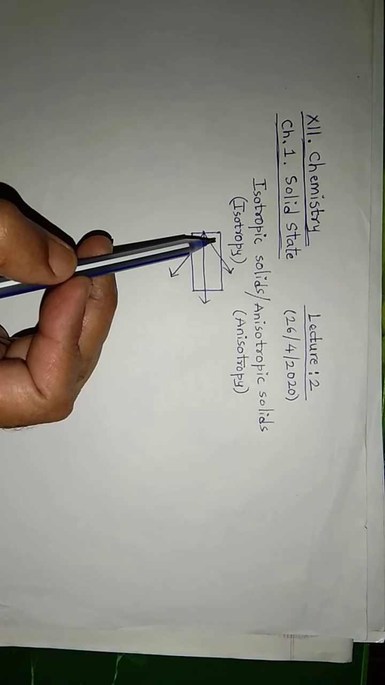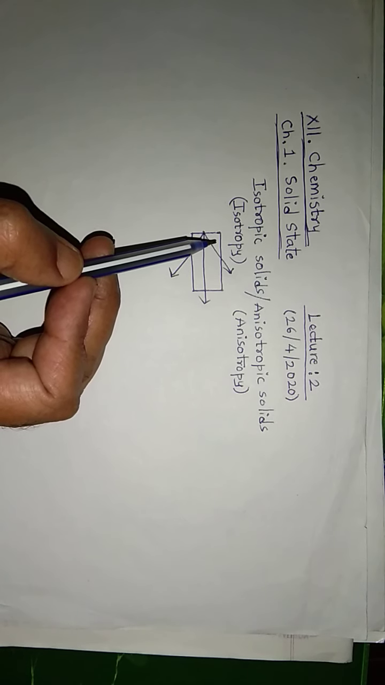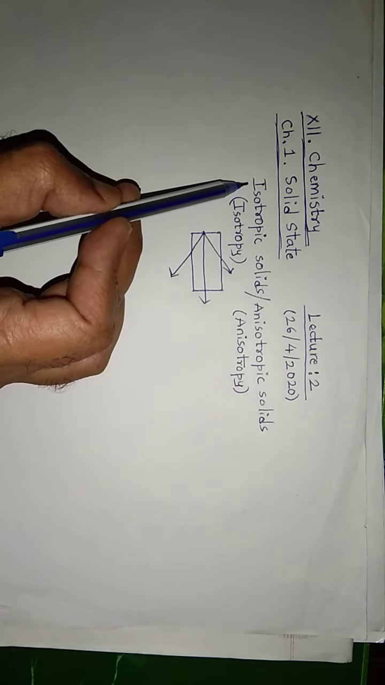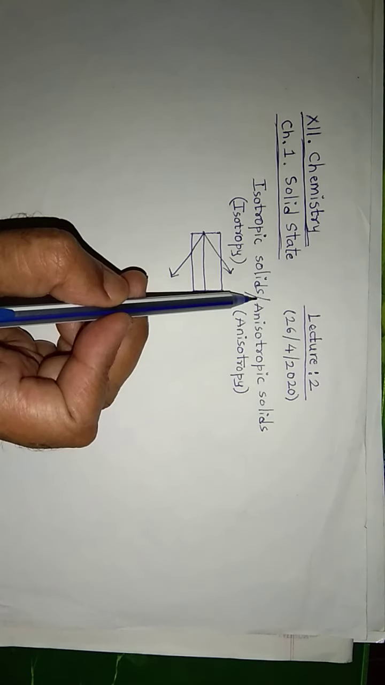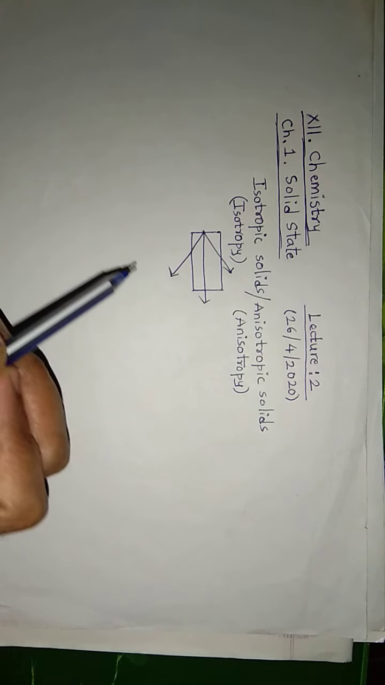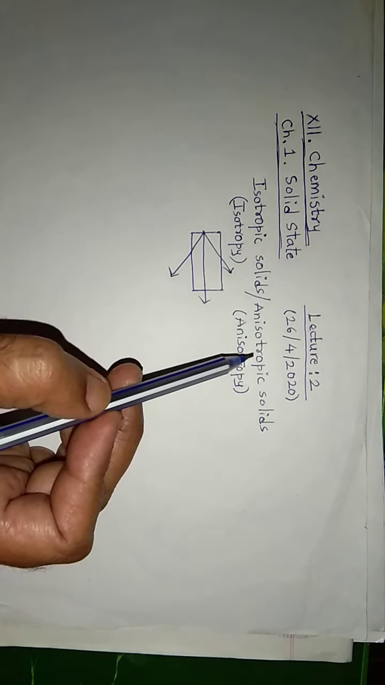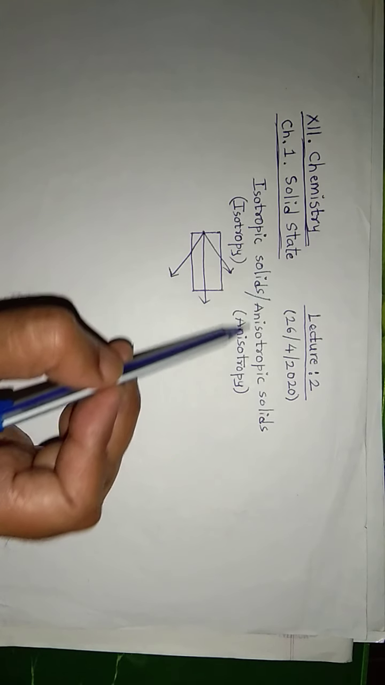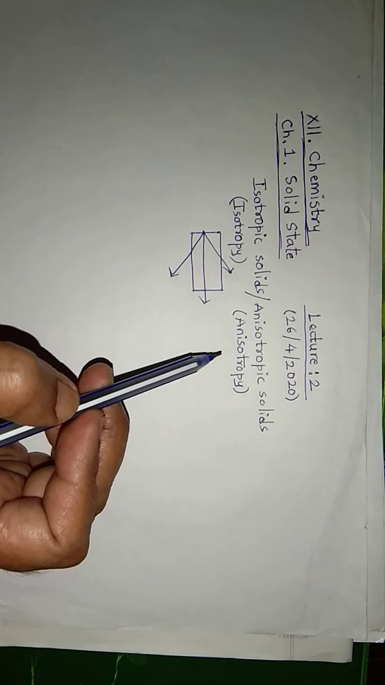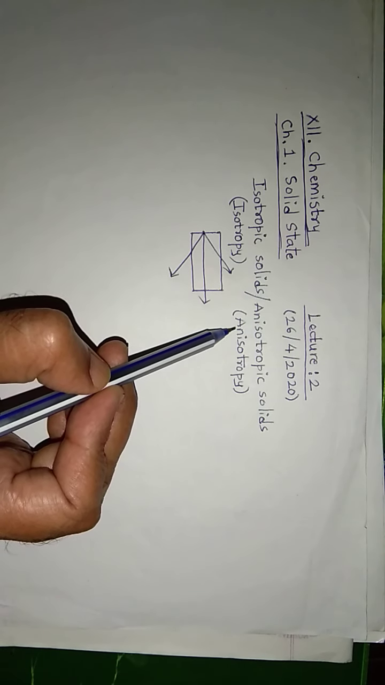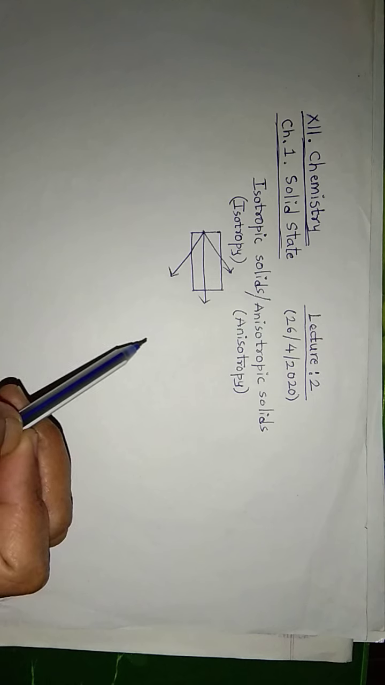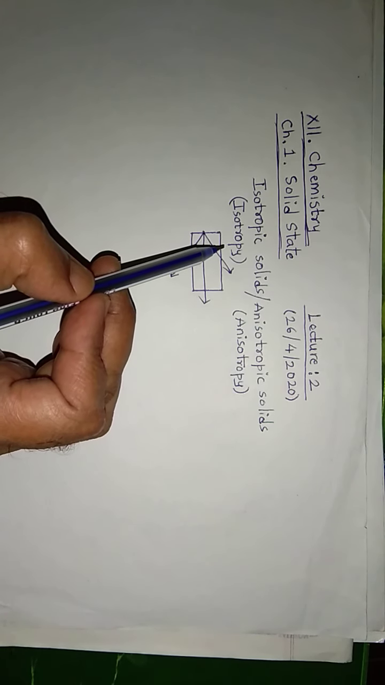All amorphous solids and few crystalline solids like metals, metallic solids, are isotropic solids, and most of the crystalline solids are anisotropic solids, and the property they show is called anisotropy. Once again, the amorphous solids and